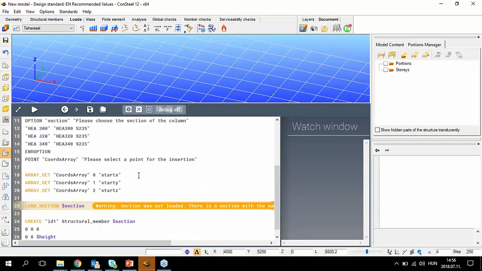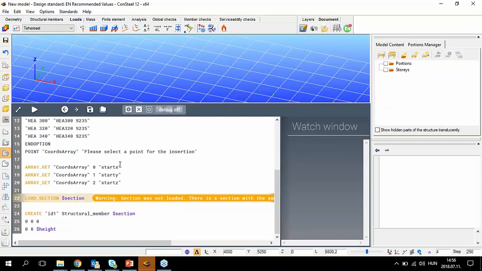Okay, and there is one more step: we have to use these variables for the creation of our member. So at the creation of my structural member, I will use these coordinates for the start point coordinates. Okay. And if I rerun my code,